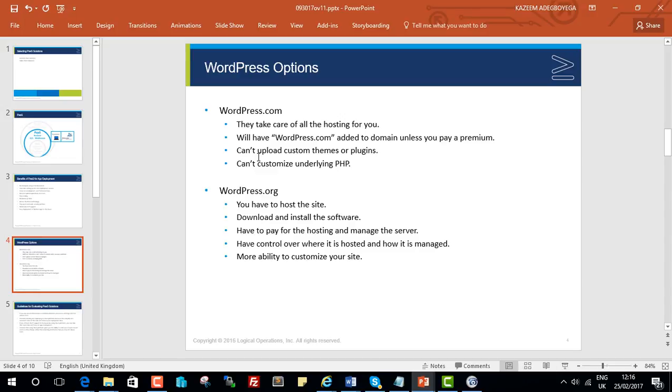So what is the difference between these two WordPress options? For the first one, wordpress.com, they happen to take care of your hosting for you. They'll do the hosting for you. Once you register for an account with wordpress.com, they will help you host your website. But what you're going to notice is that your website is going to end with .wordpress.com, right? For instance, I have a blogging website for Kazim Can Teach. So the full URL of that website is kazimcanteach